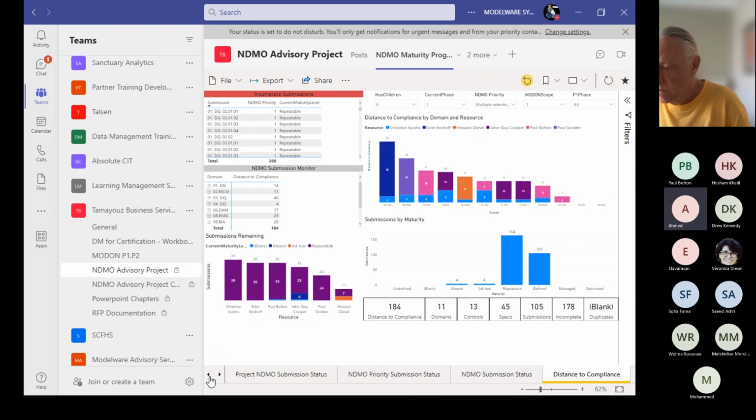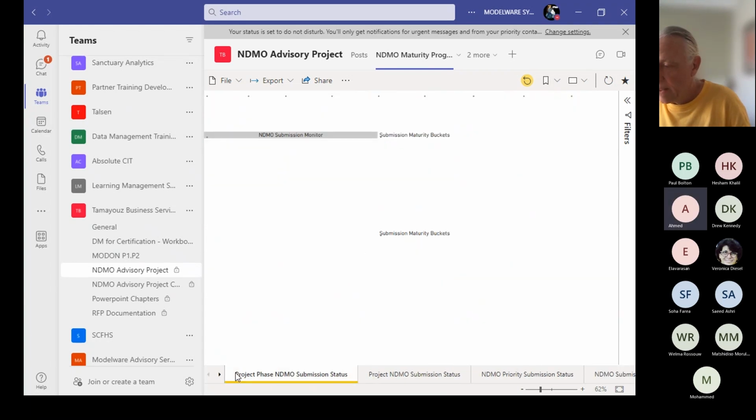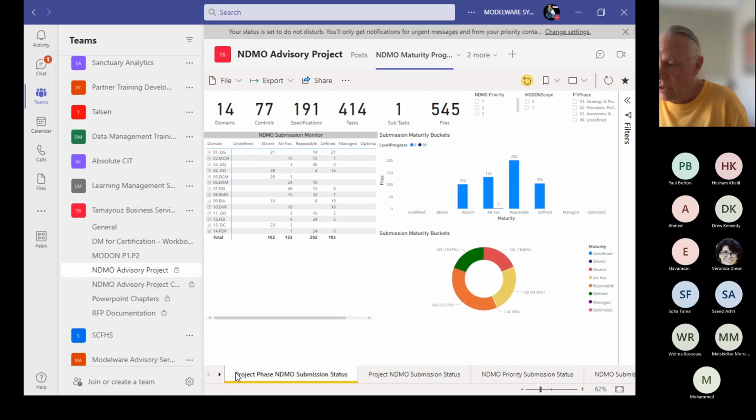Oh, great. Can we have this, Mr. Howard Diesel? You can. We will make that available to you. So can you see here we've got NDMO priority, we've got an authority priority, and we've got the phases, and each one of them have these different areas, what people are working on now, and different elements like that. That's the resources we have available.